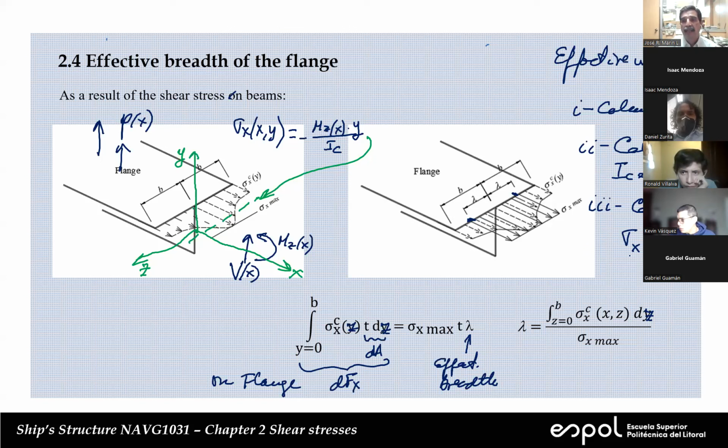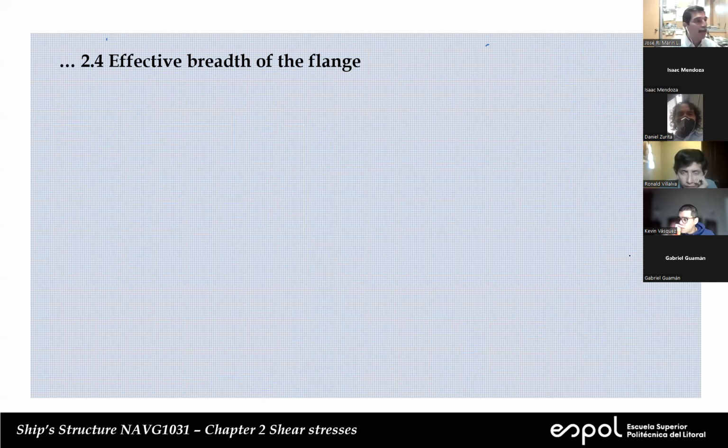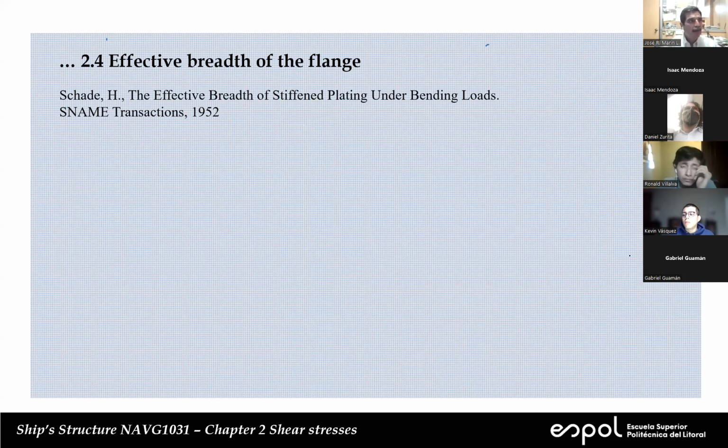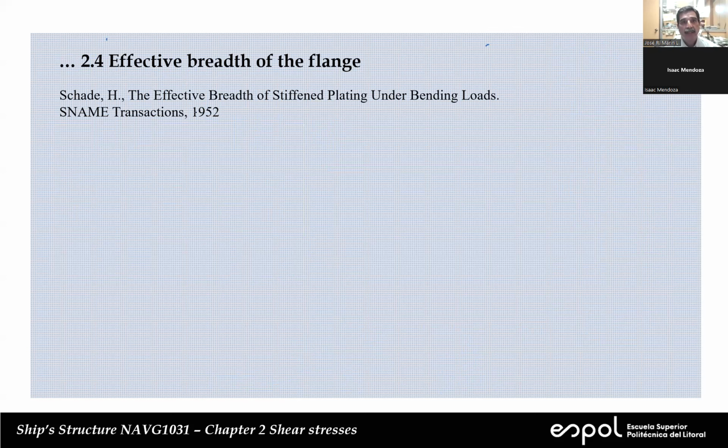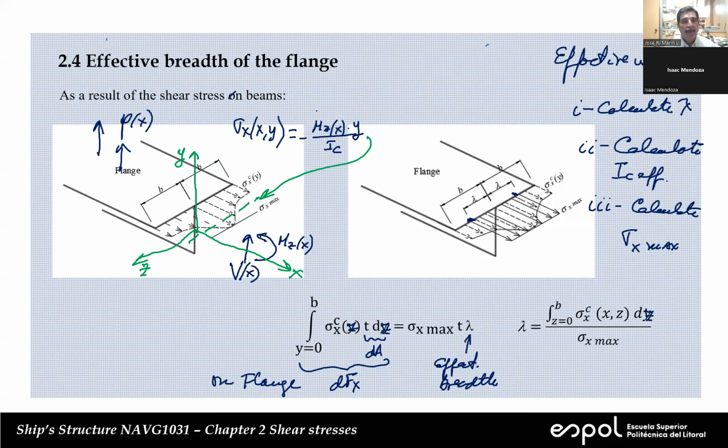So how to calculate lambda? That's our problem, okay? So this article, as you can see here, it was written a long time ago, 1952, and it's called Effective Rate of Stiffness Plates Under Bending Loads. Let me go back here. You see that this is a problem where you have lateral load, and because of this lateral load, shear force and bending moments are required in order to have equilibrium, okay? I mentioned